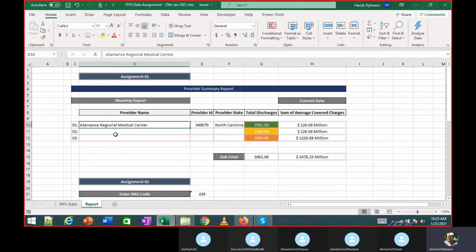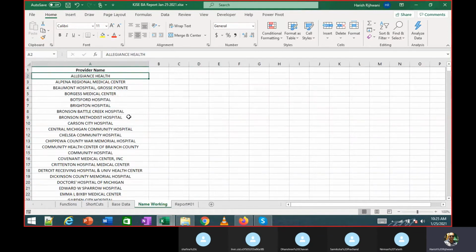If you look at this, the first character is capital for the hospital name. In the other cases, the hospital name is all caps. You understood the problem? Yes, sir.